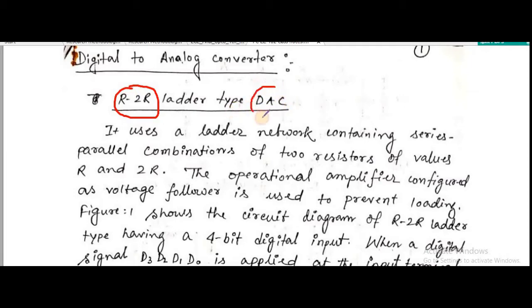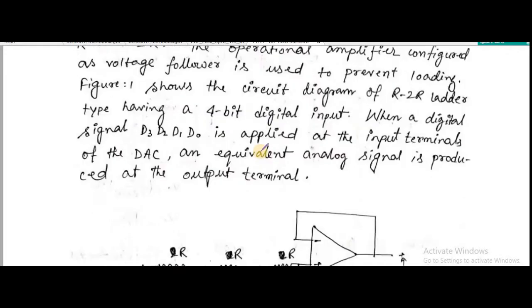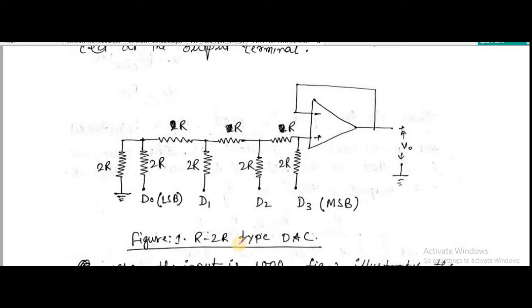This DAC basically converts digital data into an analog value. Here we will discuss a 4-bit R2R ladder type DAC. We use an op-amp in buffer configuration. It is a non-inverting buffer because the voltage is applied at the non-inverting terminal. So the gain of this amplifier is 1. Whatever voltage appears at the input will be your output voltage.